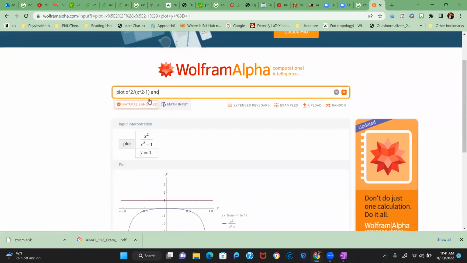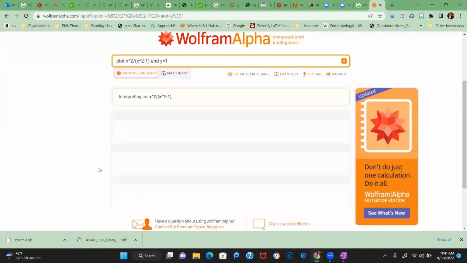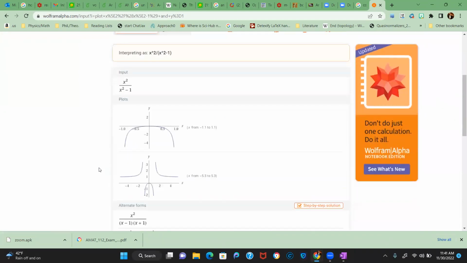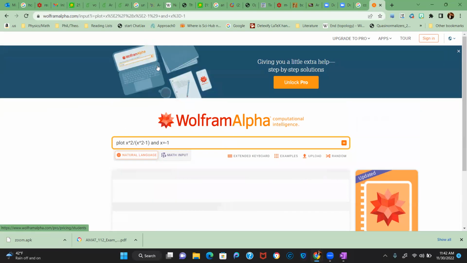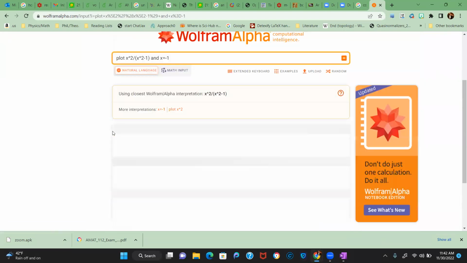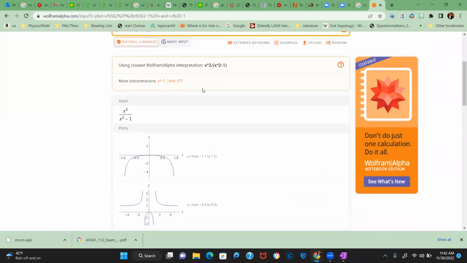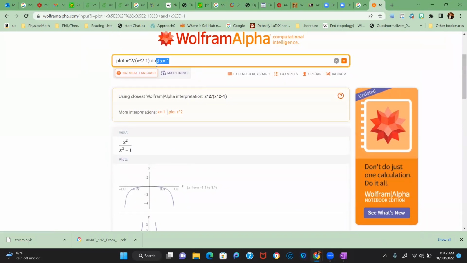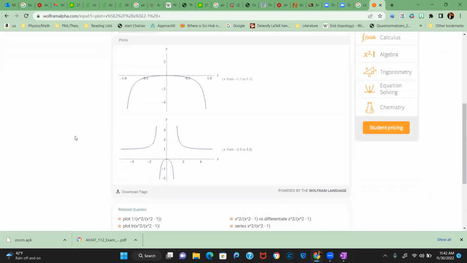I don't know why it's doing that. All right, anyways, let's see. Can I plot the vertical asymptote? Hmm, no, I guess not. It usually allows you to. Maybe I'm not doing something right. Anyways, I think it's pretty clear though